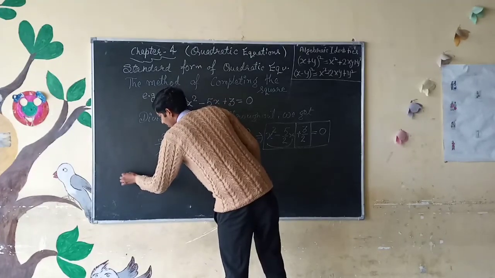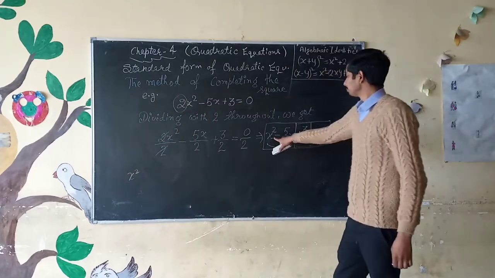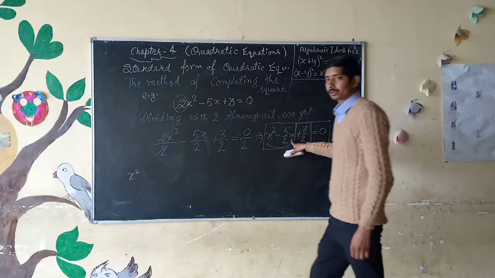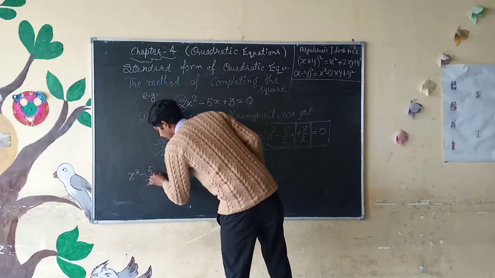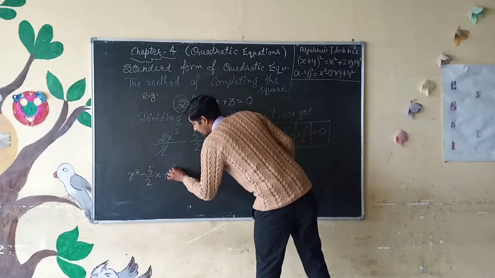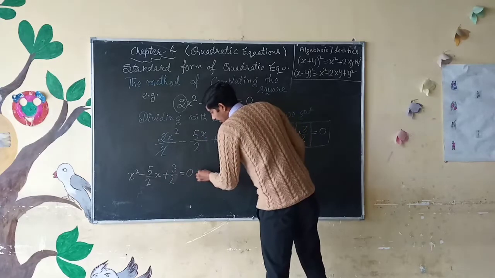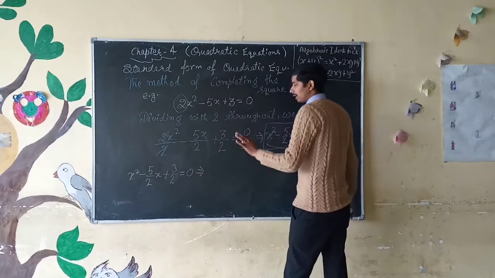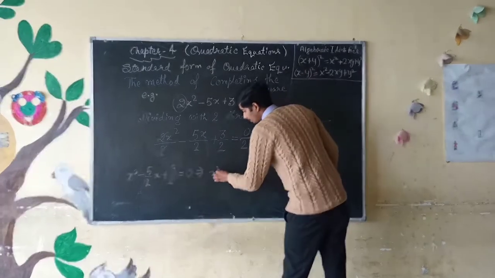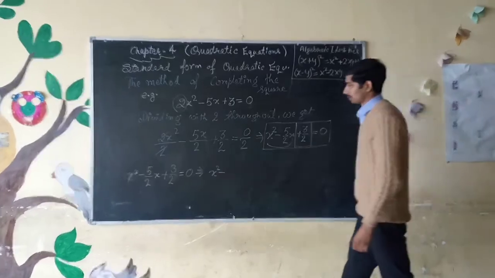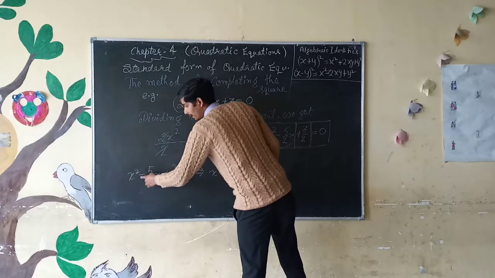Write this quadratic equation as x square minus 5 upon 2 x plus 3 upon 2 equals, it implies we will write x square as same, then minus,